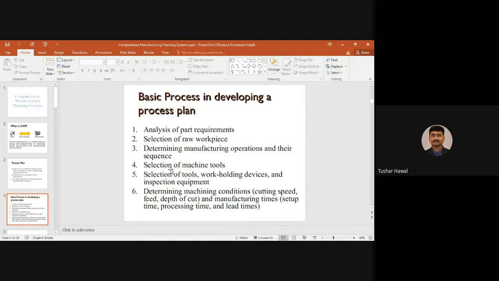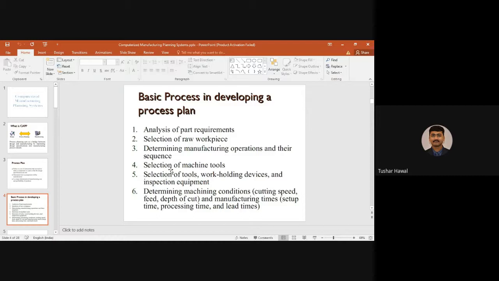This sequence may depend upon your knowledge, and sometimes on the industrial layout, in what way the machines are laid out in that factory, so that once the product starts flowing from one machine to the next, it does not have to come back to the same machine for a different operation. You have to plan the operations so that once the product starts moving through the layout, it continuously moves on. So process planning takes care of generating a proper sequence suitable to the layout of the factory.